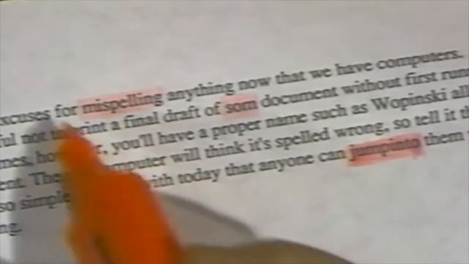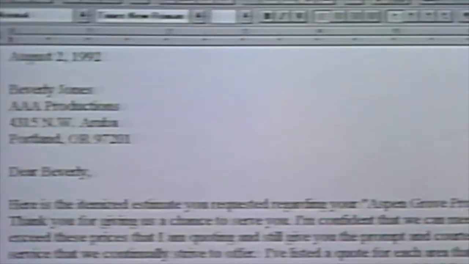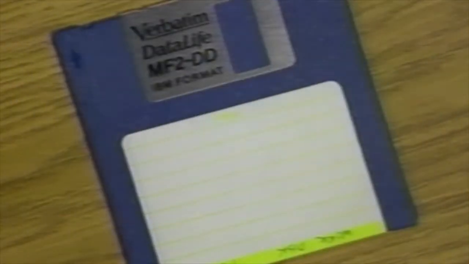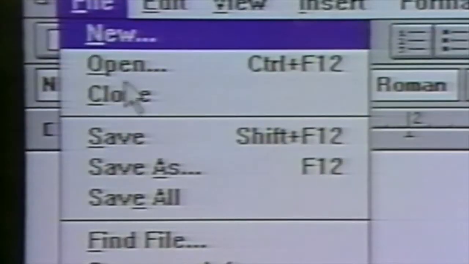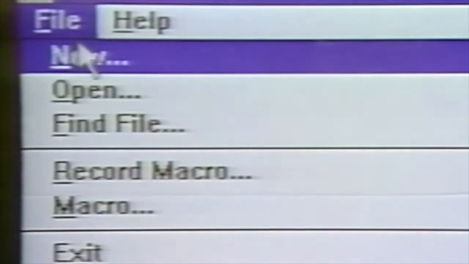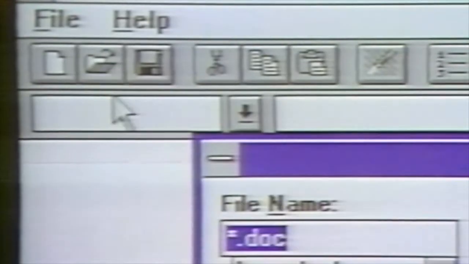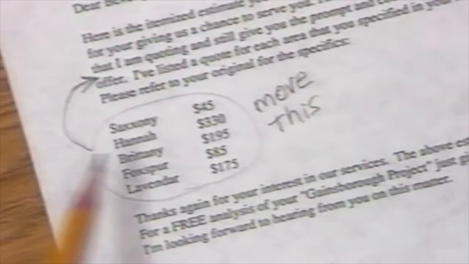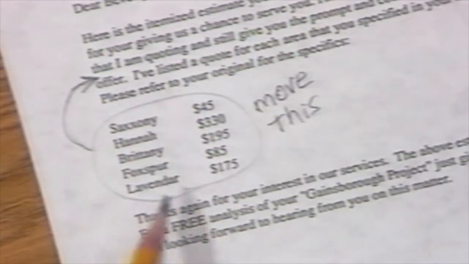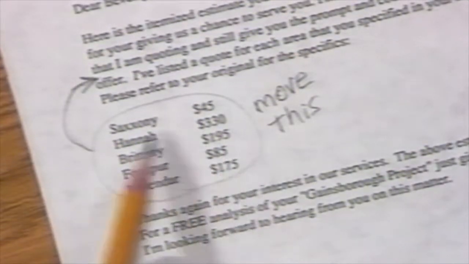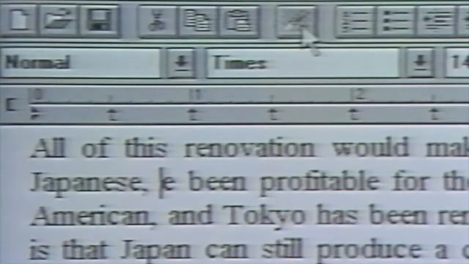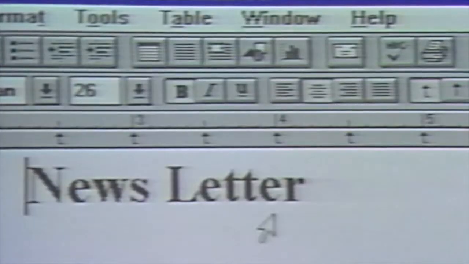In document processing, we'll cover checking spelling, saving to the disk, and printing, how to close a document, and how to open one, how to exit the program, how to move a block of text using the cut, copy, and paste commands, how to undo actions,